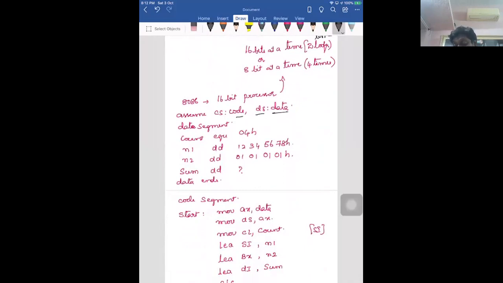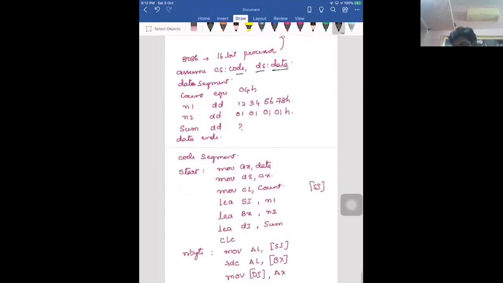Because we have 8-bit data, we have to run for 4 different cycles. n1 dd 12345678H, n2 dd 01010101H. The sum we don't know, so we use dd question mark, and the data ends.